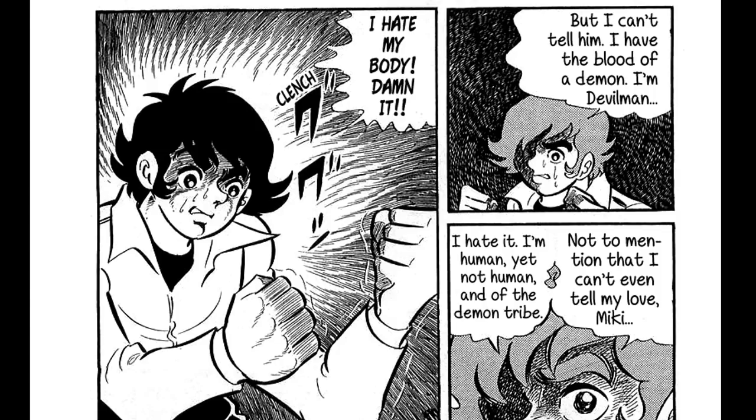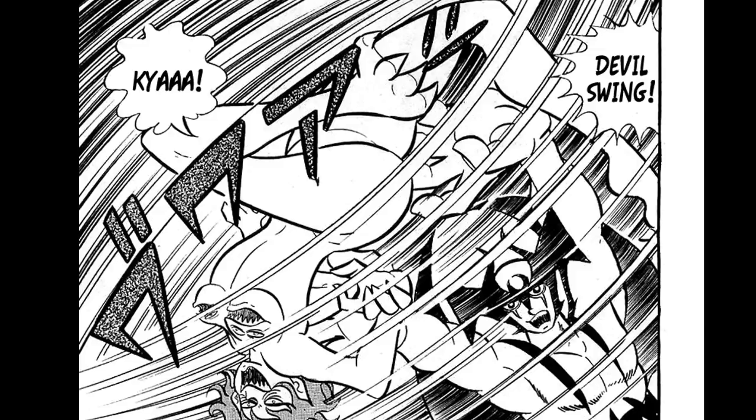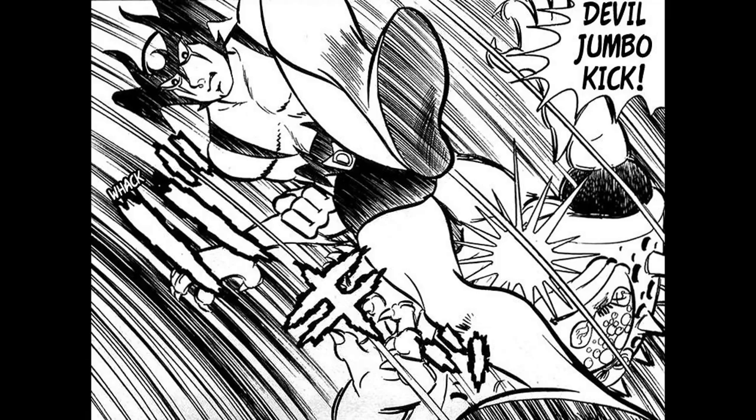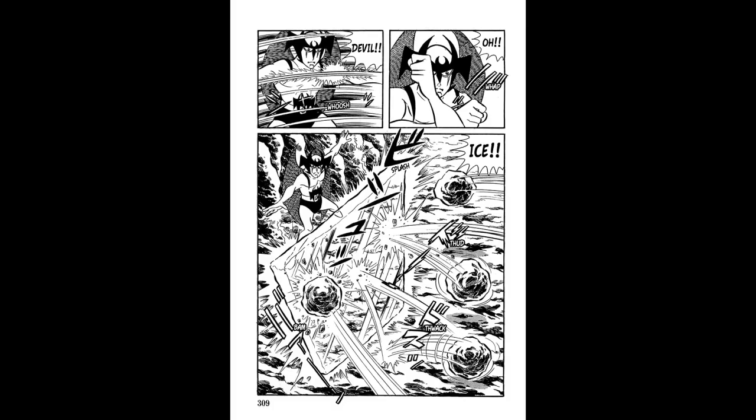Some dialogue of inner struggle makes up for the lack of diverse content, and the occasional wacky attacks keep things interesting, such as Devil Jumbo Kick. Not just any devil kick, but a Devil Jumbo Kick! There's several special moves that are only found in this manga incarnation, such as Devil Ice, which makes a shield